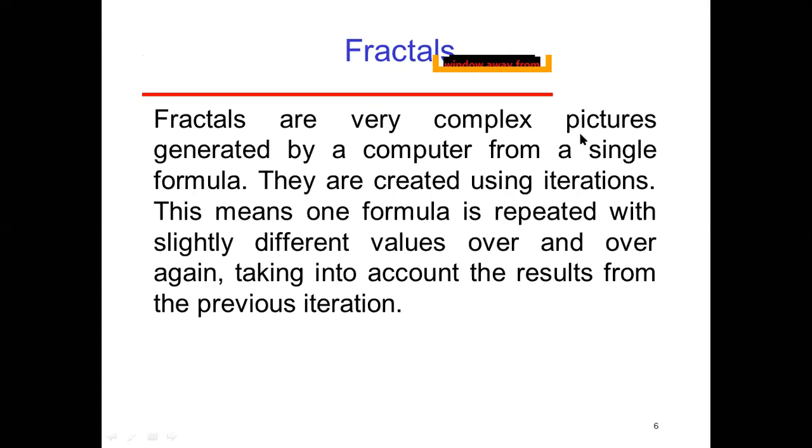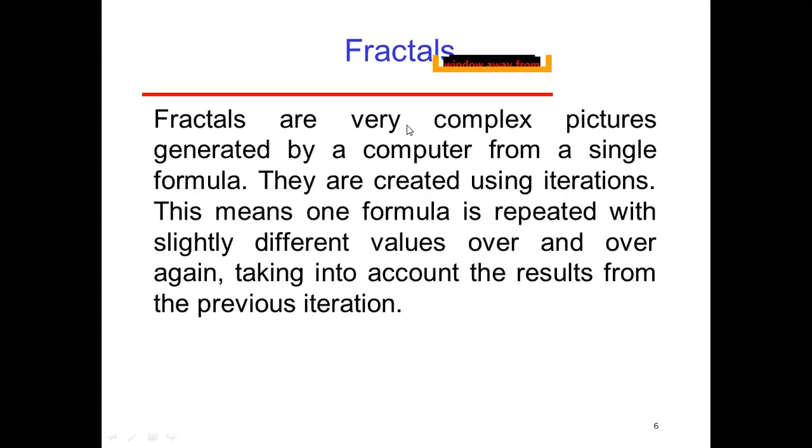Whenever we are going to obtain a picture, we use the iteration system. Here we repeat some points again and again, and those points overlap. Due to the overlapping of the points, we get a picture that is very complex.